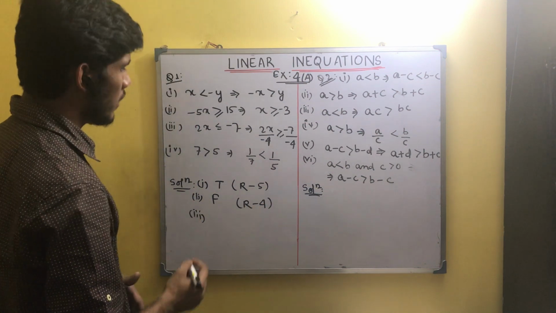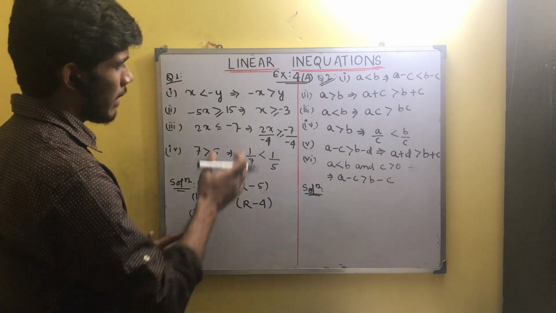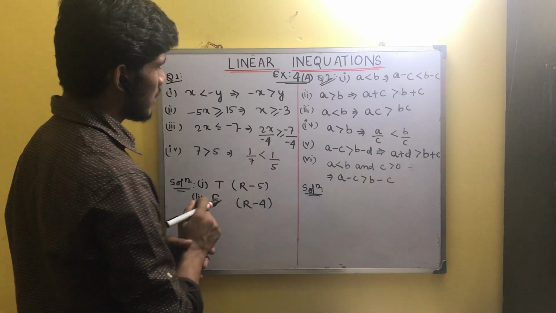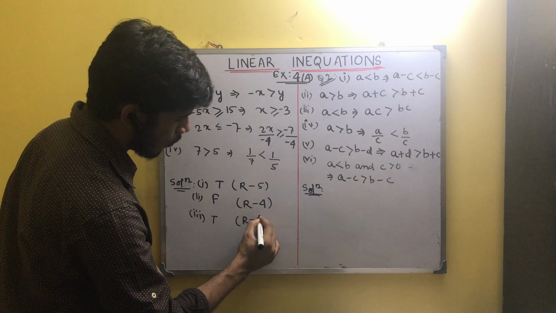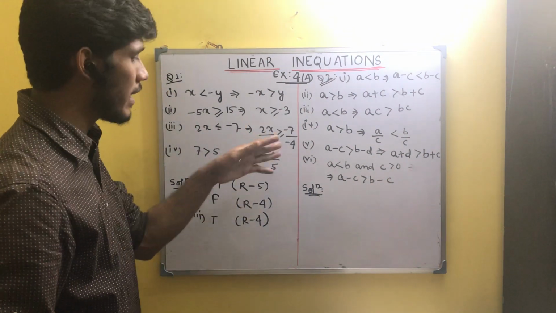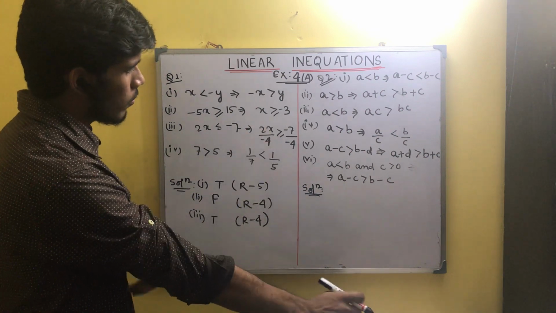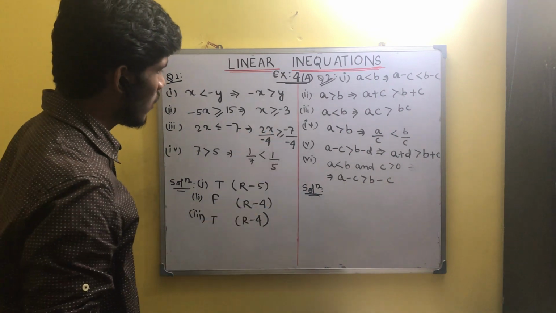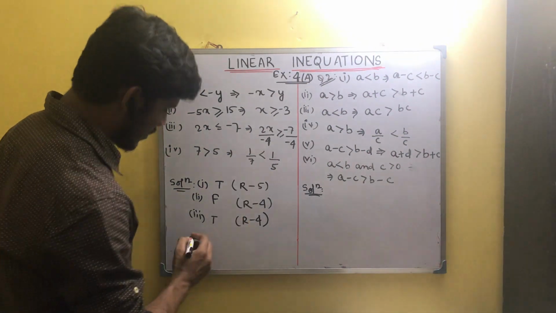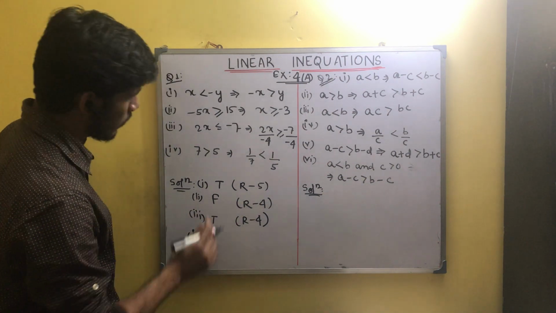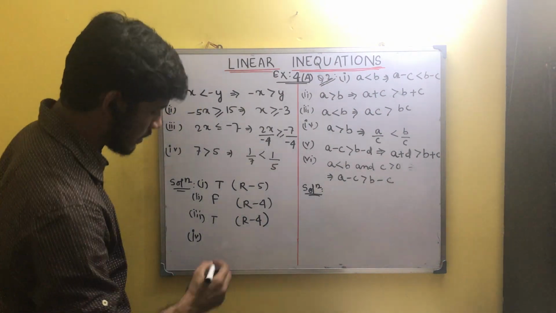Now if we see the next part, here 2x is less than or equal to minus 7, and 2x by minus 4 is greater than or equal to minus 7 by minus 4. Obviously this is true. This is also as per the same rule number 4. We have divided both sides by the same negative number, and on doing so the sign of inequality should have been reversed, and that has been the case here. So this is true. Now the fourth one, the last one: 7 is greater than 5, so 1 by 7 is less than 1 by 5. Obviously this is also true.